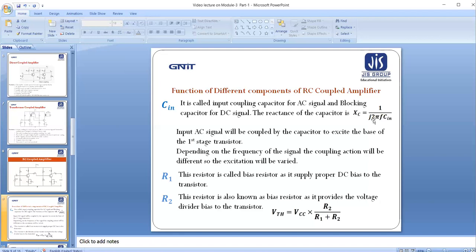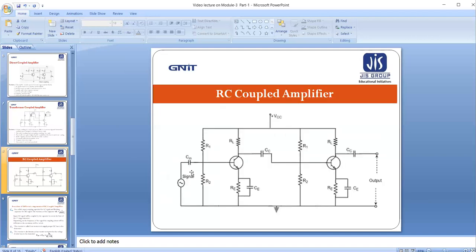So when I have varied the AC signal from low to high, for low frequency, the signal will exhibit the higher reactance. For the high frequency signal, it will experience the lower reactance. So therefore, the excitation will be varied, because when we are supplying the low frequency signal, it will be initially blocked by this capacitor, or it will be mildly processed through the capacitor.